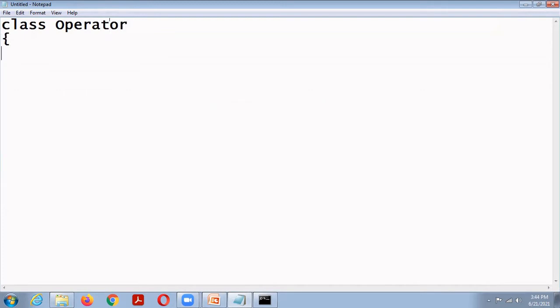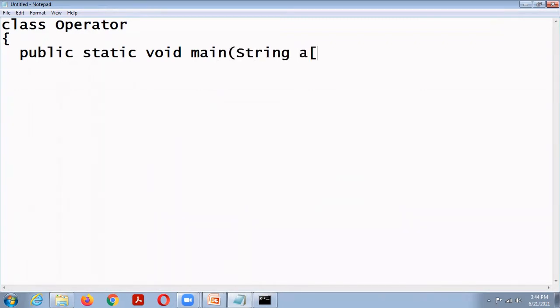Class operator, public static void main, string array.